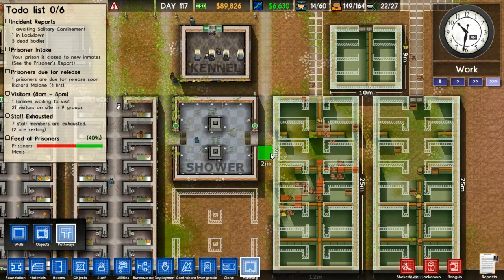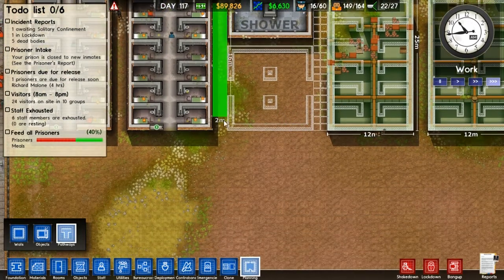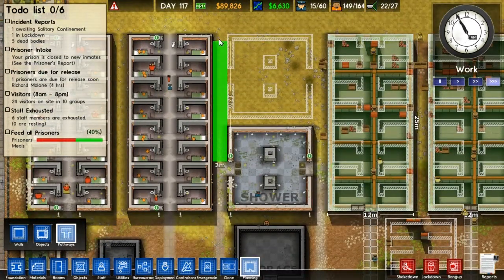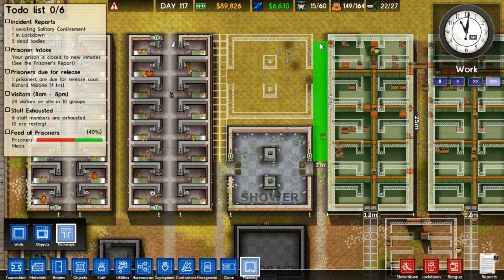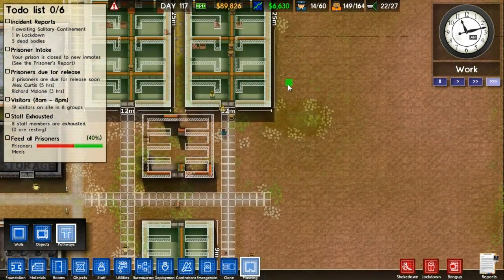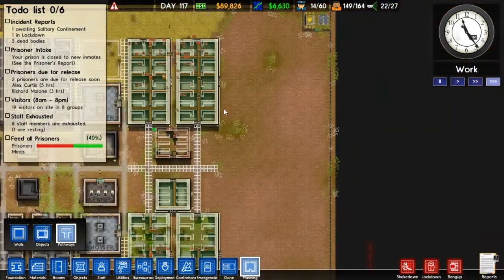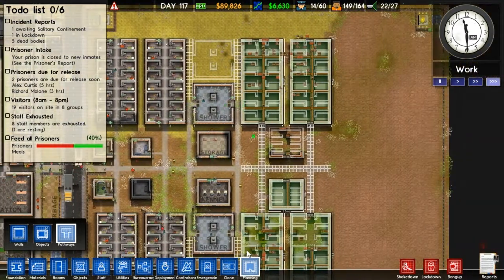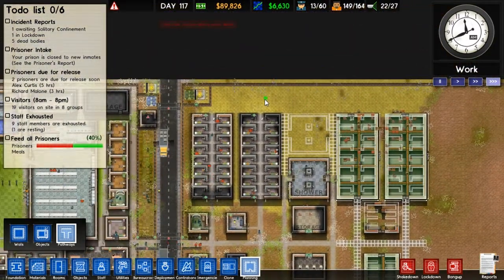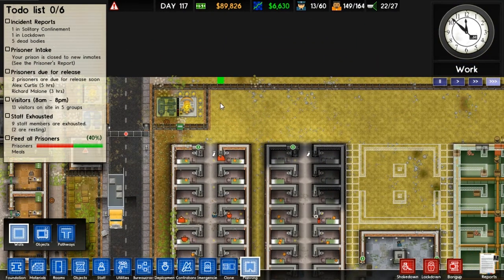And actually, you know what? Let's plan some pathways over here. It's not the worst of ideas. We'll do that. And then do that. Okay. See, I was planning on having another shower room here, but I don't think that that's really necessary. How much room do we have up here? Okay,